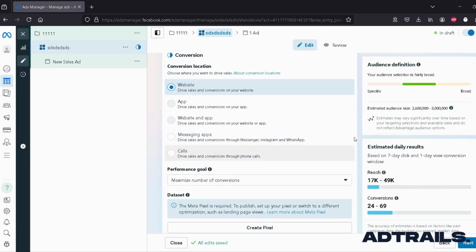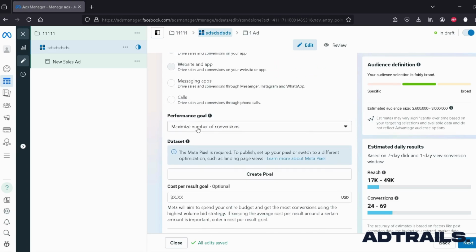Calls, if your business is a call-based business, for example, a plumber or something like that, of course you can choose calls as an optimization goal. And as it says here, drive sales and conversions through phone calls, without a website or anything similar to that. When it comes to performance goals,